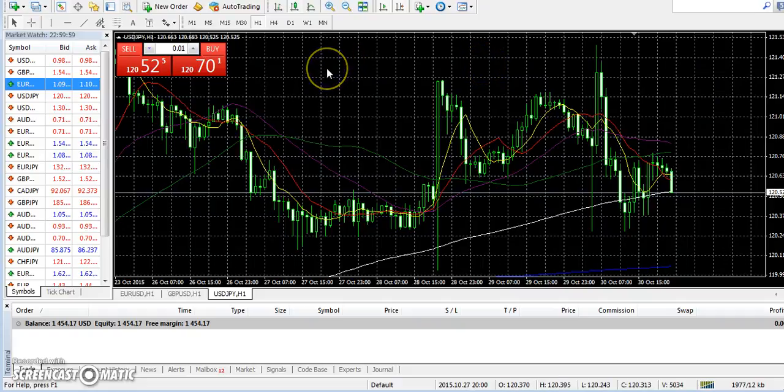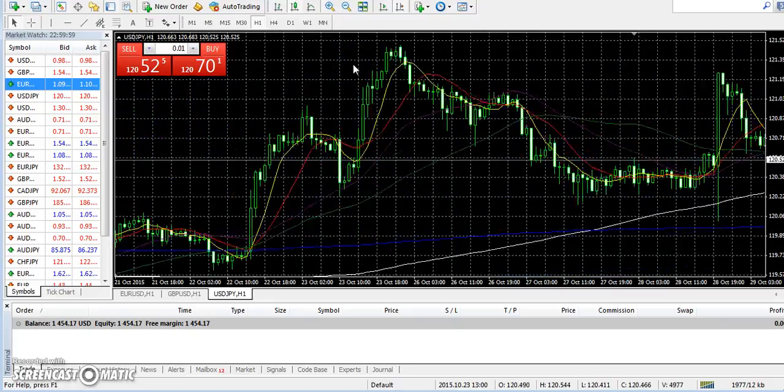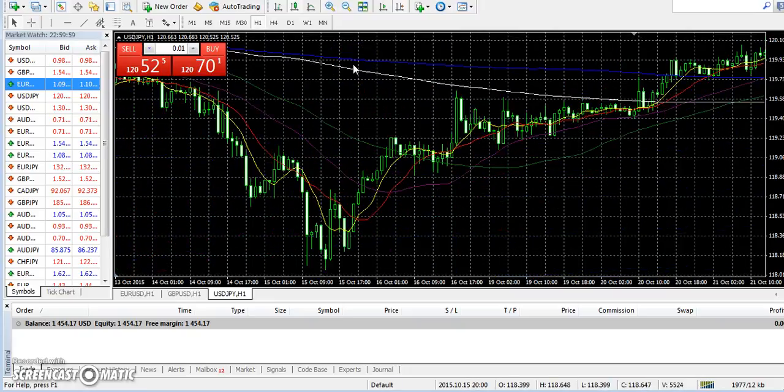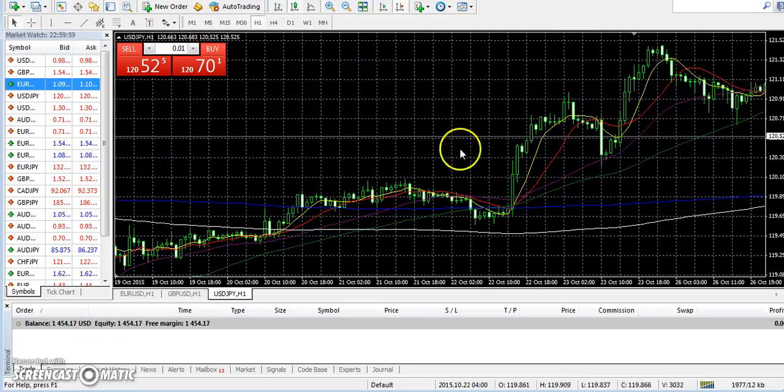Okay, next. I'll show you a couple more patterns before we go to the next thing. And really, you already know enough right now. Oh, okay, here's a great one. When you see the yellow, red, purple, and green, especially with the white and the blue near, when it gets very tight, it's called consolidation. When this gets consolidated,